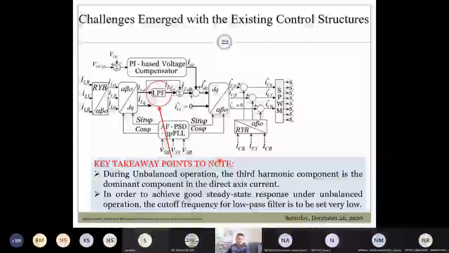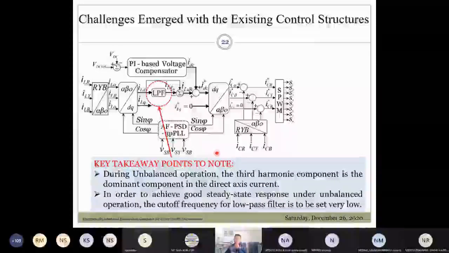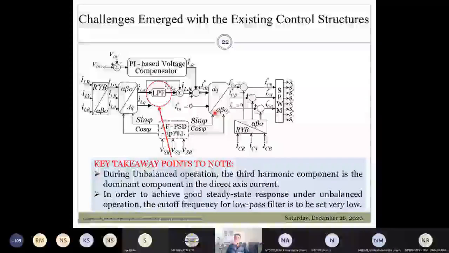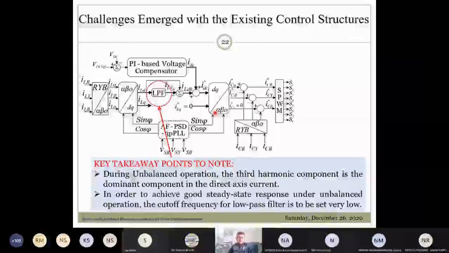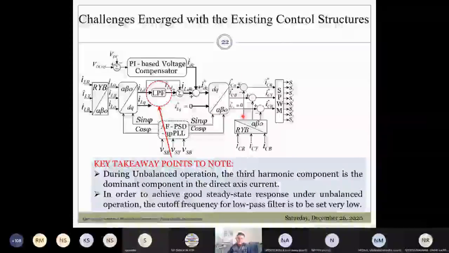Here the key purpose of this slide is to emphasize the challenges or drawbacks of the existing control structure and the need to refine the current control loop of the grid interfaced PV system. As you might be aware, the presence of windowed integrator and one cycle delay with the frequency domain techniques have encouraged the use of time domain techniques.